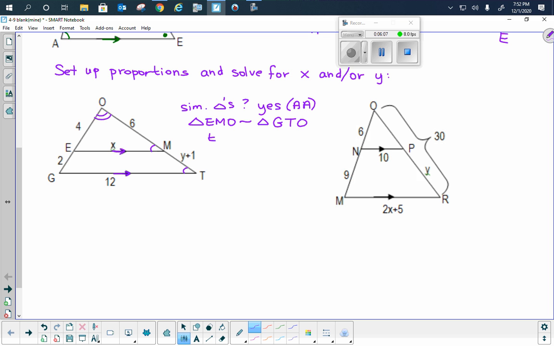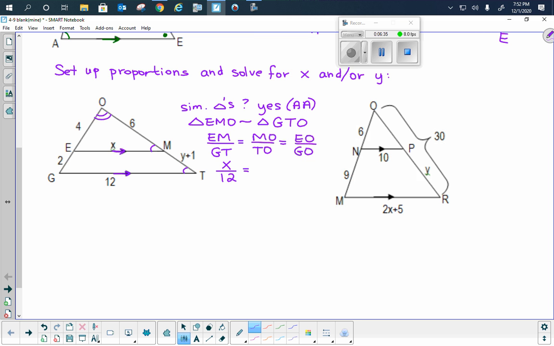All right, setting up proportions, this is what we're talking about. Side EM goes over GT because they're the first 2 letters. MO goes over TO. And the first and third letter go over the first and third letter. EO over GO. Okay, fill in the appropriate sides. Now notice EM is x, GT is 12,